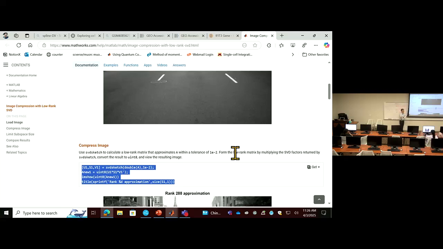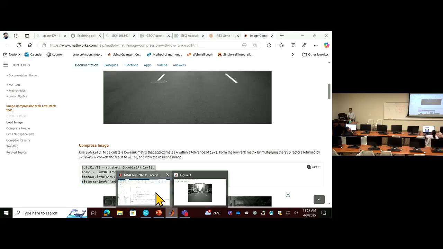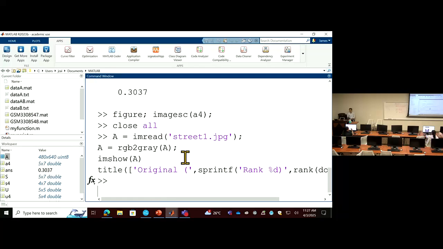Your input is 480 rows by 640. So U and V will be square matrices of that dimension. But this sketchy function will automatically help you extract the most important ones, and only use those for reconstruction purposes. So if you run this function,